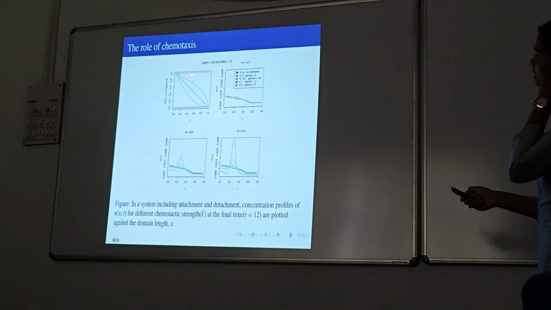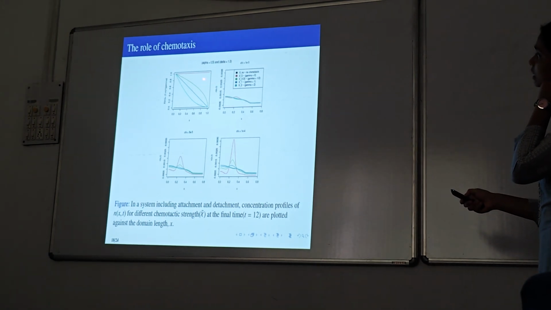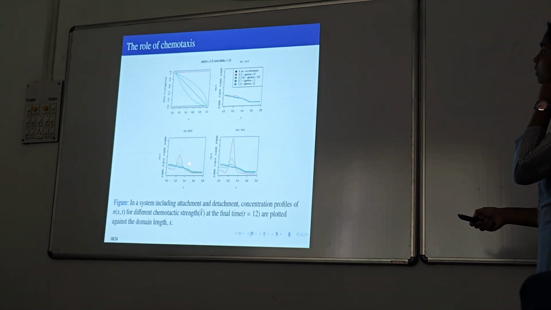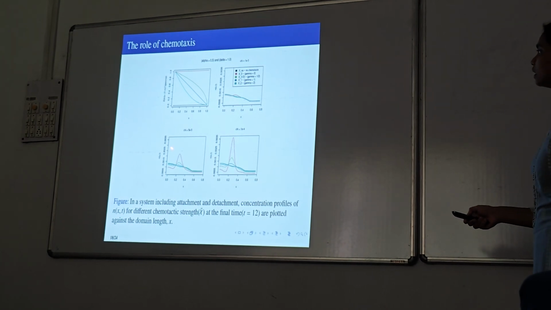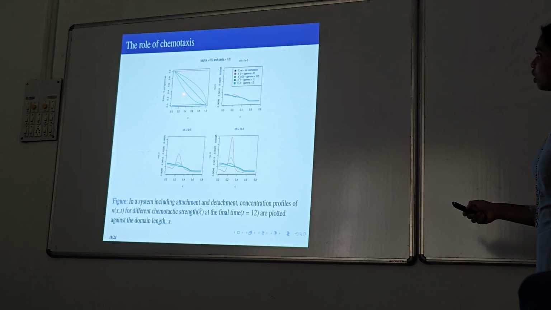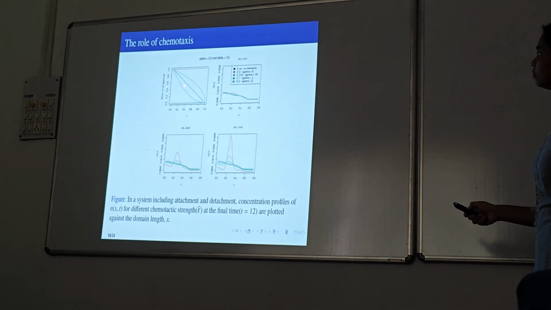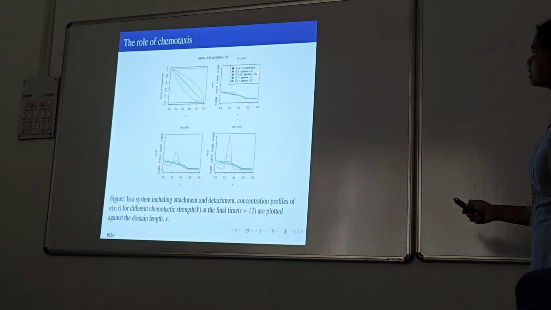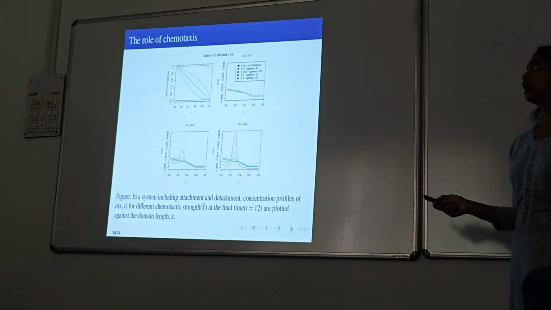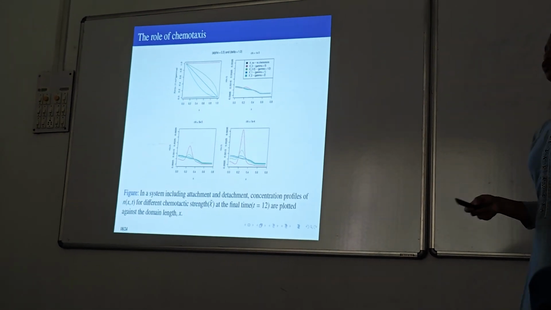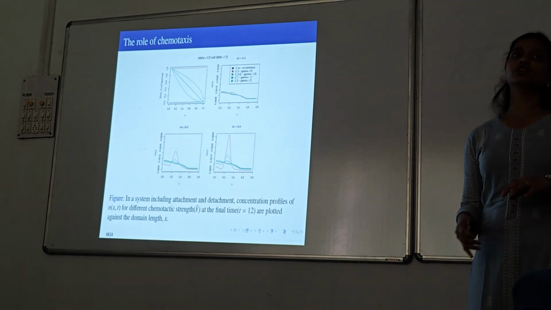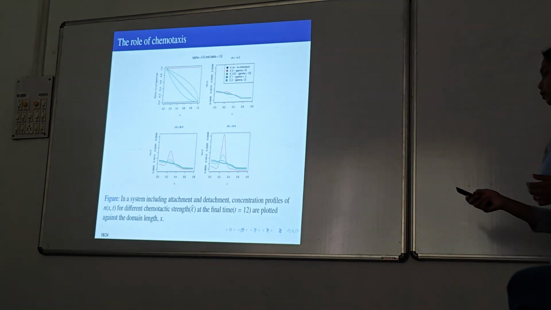As chemotaxis increases, we see that the concentration of the planktonic bacteria in this cluster is increasing. It follows a particular order: red, green, blue, sky blue. So for each case of chemotaxis, whatever we choose as high is actually playing a role. So chemotaxis is playing a role in the movement of those bacteria to form those biofilm processes.